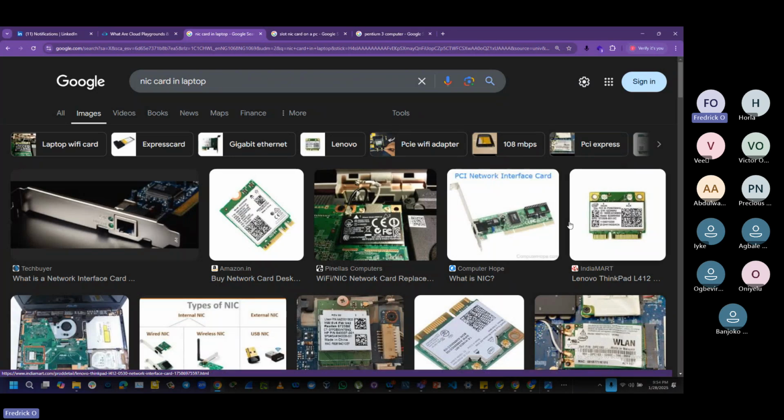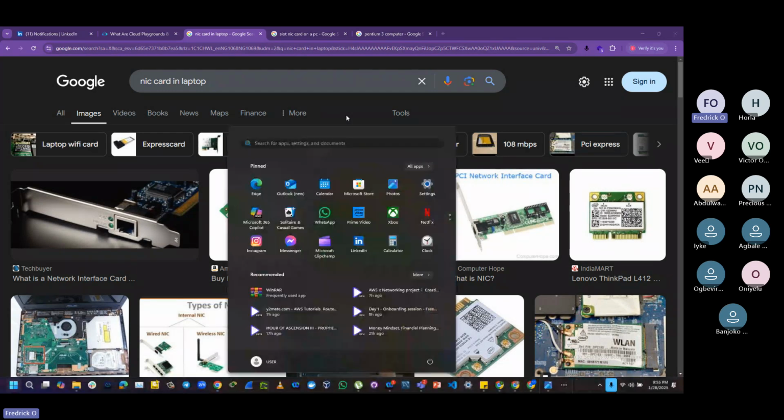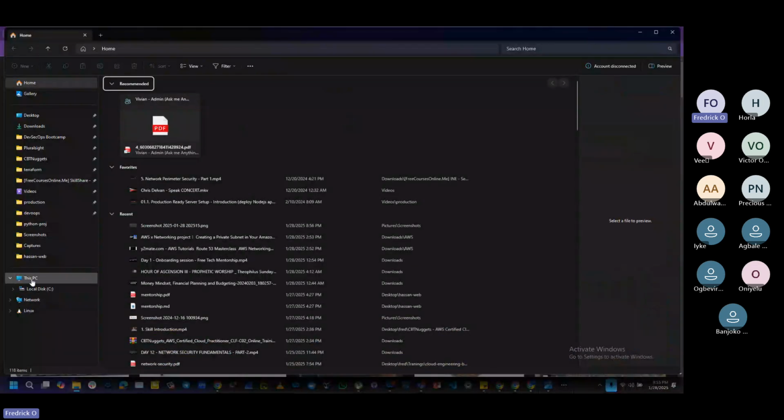Once you understand that there's such a thing as the network interface card, with the help of this network interface card our computer can be recognized on the internet. This network interface card will grant our computer an IP address. So if we are supposed to do this practically, you will understand that if you check here,